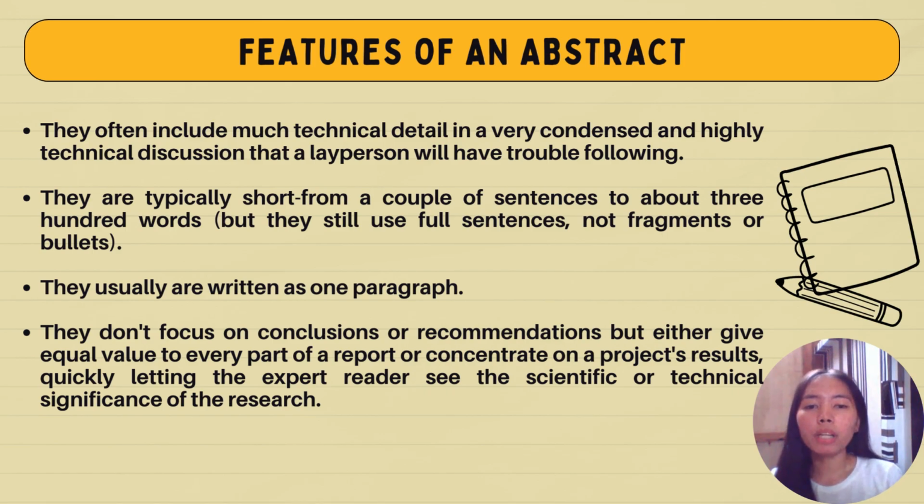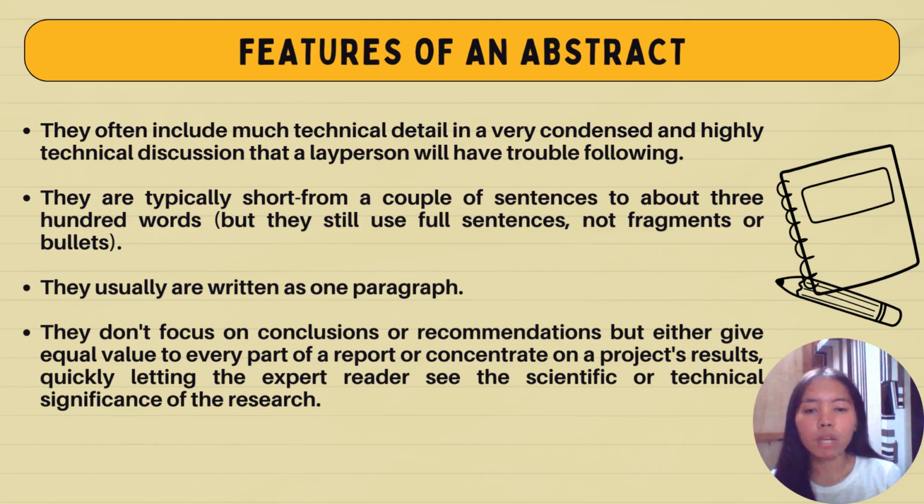Next, they are typically short, from a couple of sentences to about 300 words. So the abstracts are typically concise, ranging from a few sentences to about 300 words. Despite their brevity, they use full sentences and avoid fragmented thoughts or bullet points to maintain clarity and coherence. Next, it is usually written as one paragraph. So, abstracts are usually written as one unified paragraph, ensuring a seamless flow of ideas without unnecessary breaks, making them